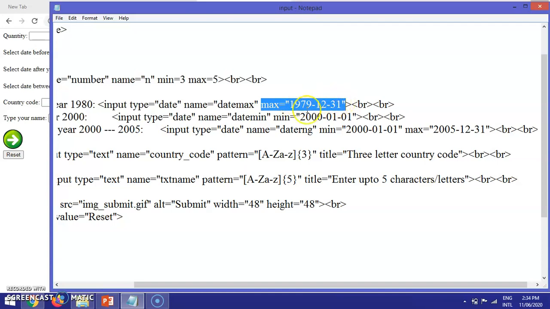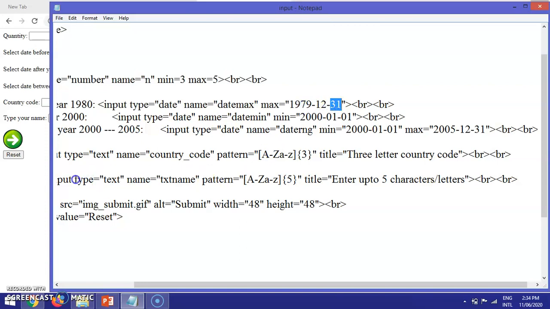Double quotes become compulsory because there is a mixture of numbers as well as special characters, and you have to provide the date in this pattern only. Year in 4 digits, then the hyphen symbol, then the month, December, and 31 is the 31st day of December. In this pattern you have to provide the date.